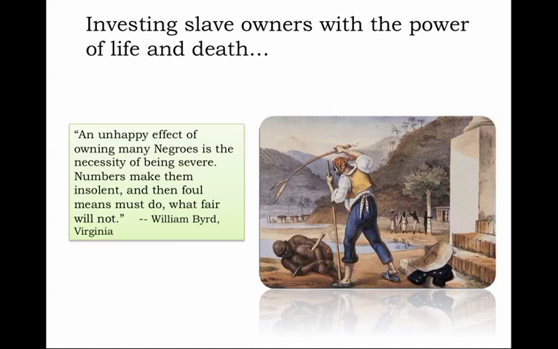William Byrd of Virginia, among the wealthiest slave owners of his day, wrote that an unhappy effect of owning many Negroes is the necessity of being severe. Numbers make them insolent, and then foul means must do what fair will not. Justifying punishments, often grievous punishments, justifying them on the basis of discipline and order and the compulsion to work,